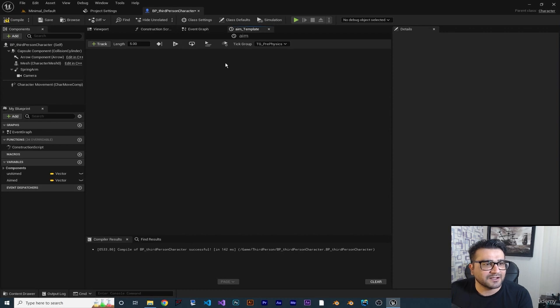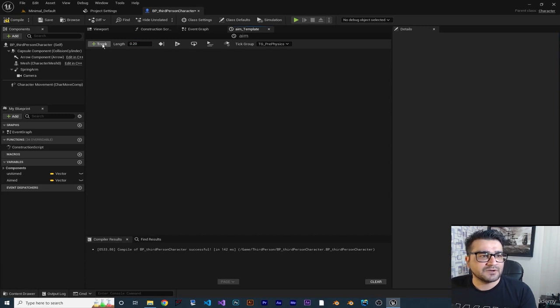And in this timeline section, we can animate float values, boolean values, vector values. We can do all of that. So now let me show you some stuff in here. First of all, if you want to add a track in here, you can click on this plus track. And the length of our timeline right now, because we want to zoom, I want it to be 0.2 second,